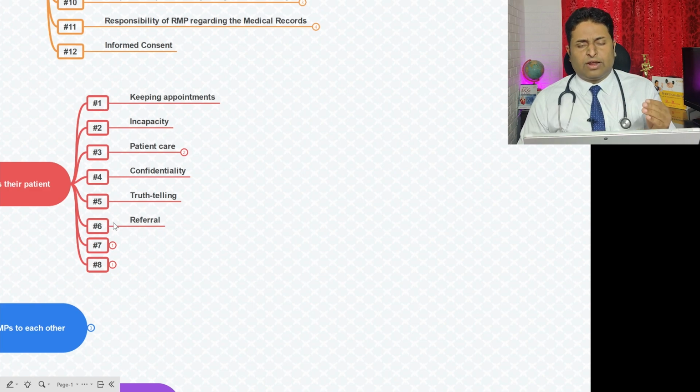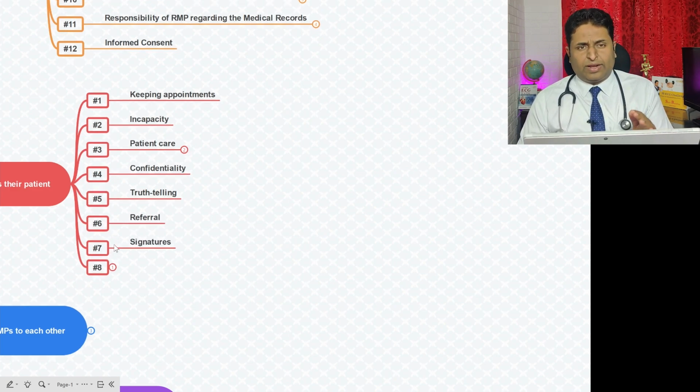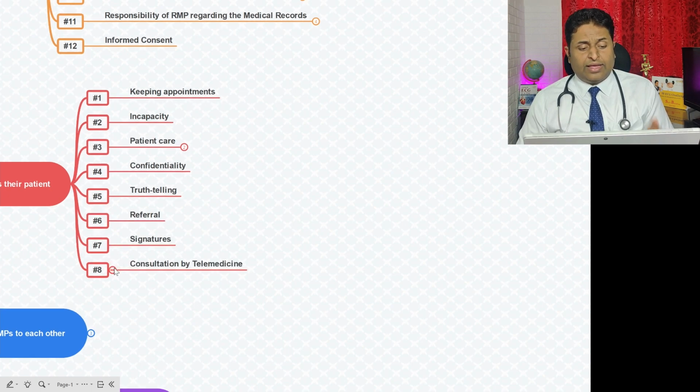You need to refer to the next doctor who is appropriate to treat, as required by your professional judgment. Okay, and the signature has to be legibly made in all the documentation with the registered medical ID which we have. And then consultation by telemedicine can also be done, and this will be discussed in more detail in the further documents.